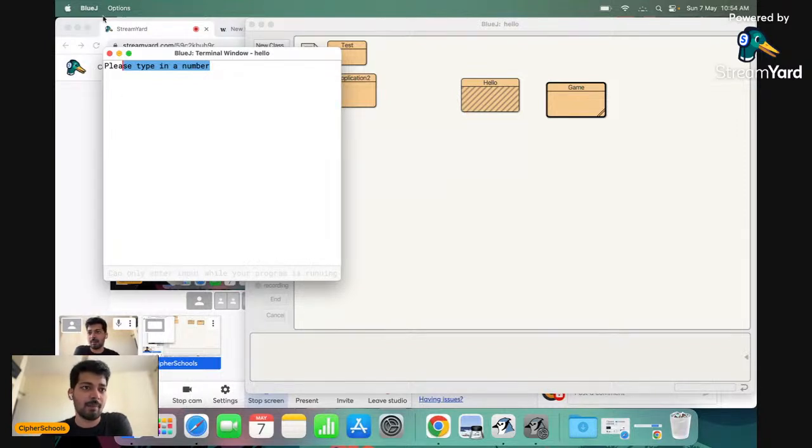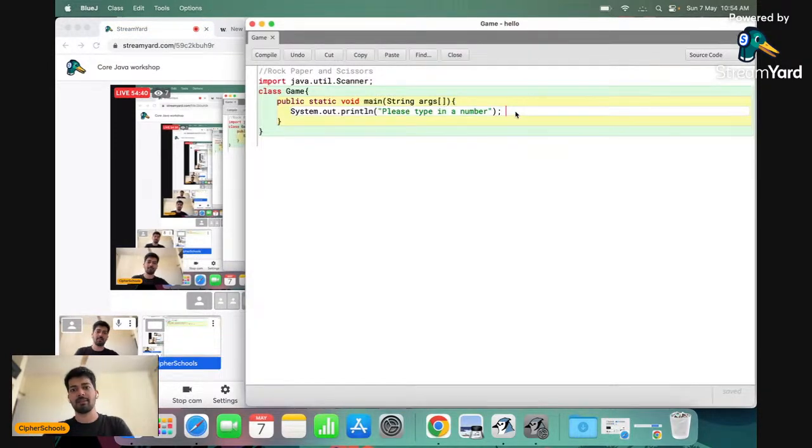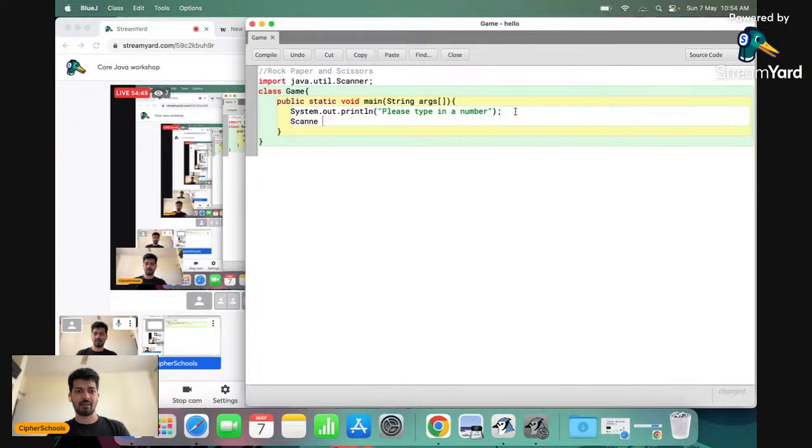So let's put that capability into our code. Go back over here, and we add another line which says Scanner sc is equals to new Scanner(System.in). Now this line adds the capability of accepting input from the user, but it will still not work.